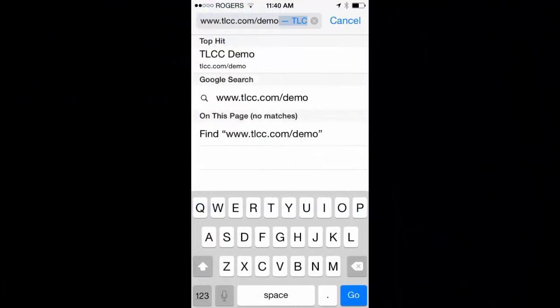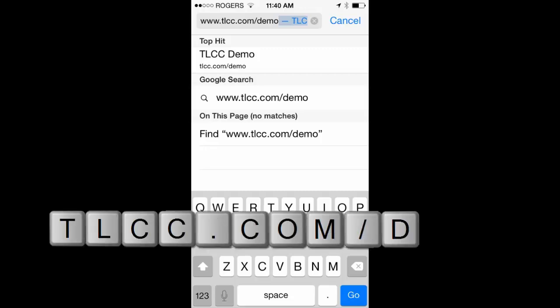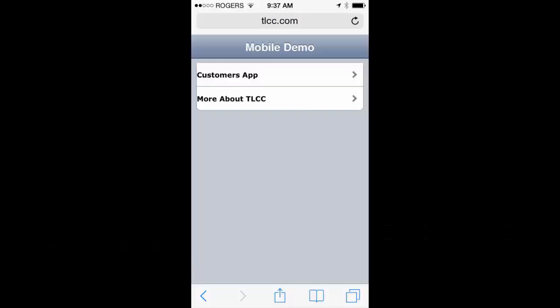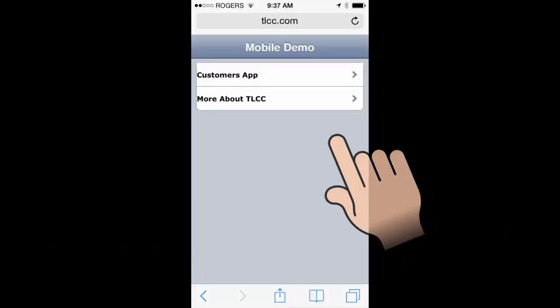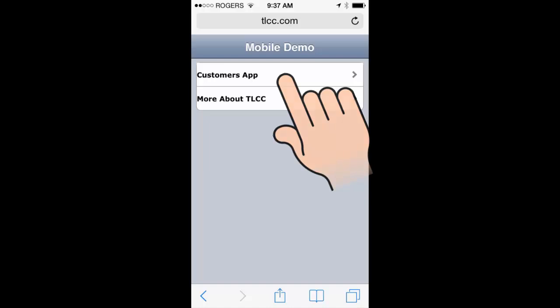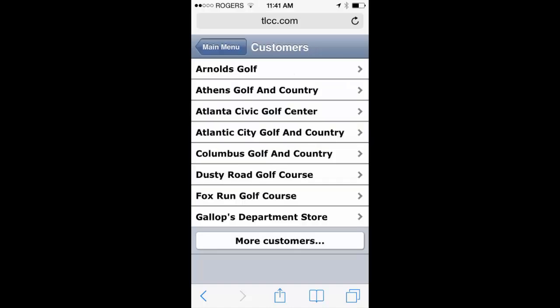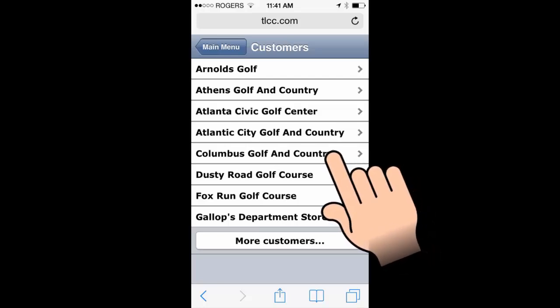A version of this mobile customers demonstration is available from our website. So enter into your device's browser, tlcc.com/demo, and then select Customer App. And then you can select one of the customers from the customer by name view, like the Columbus Golf and